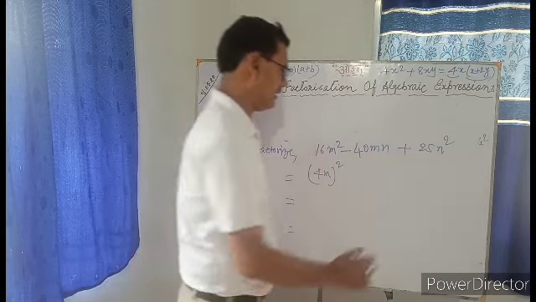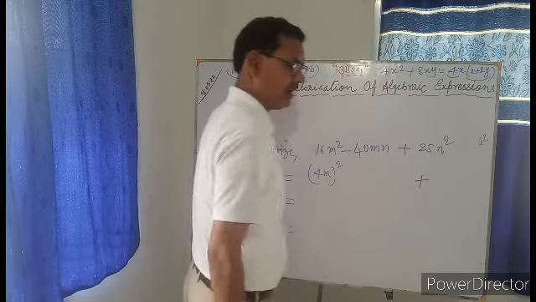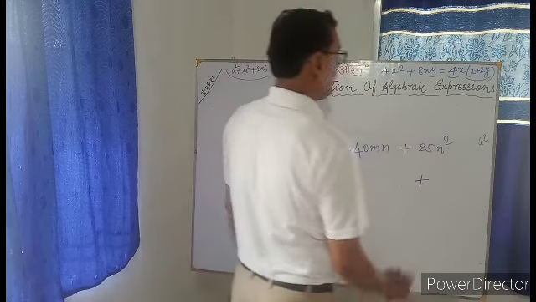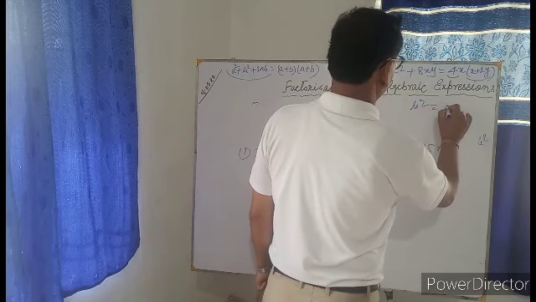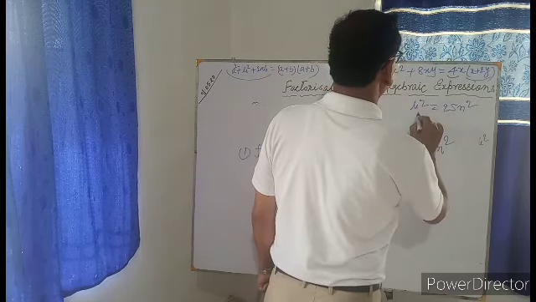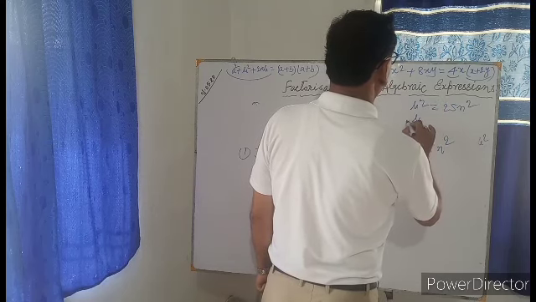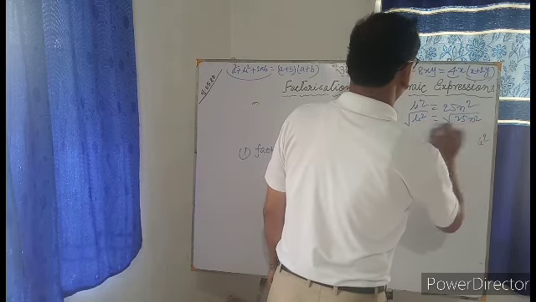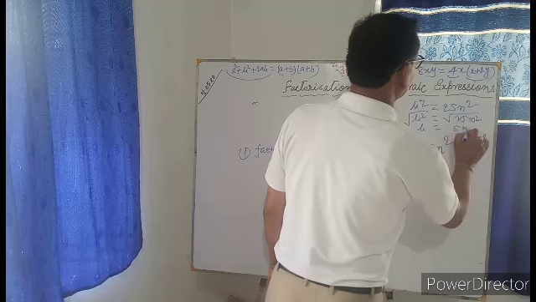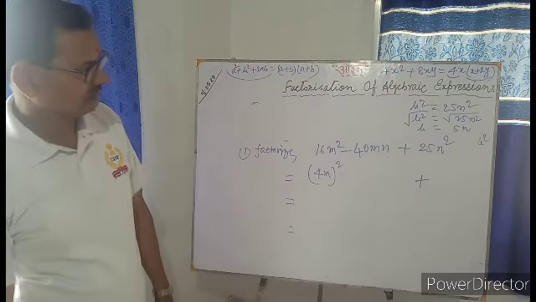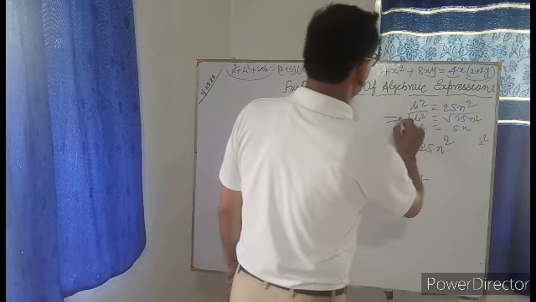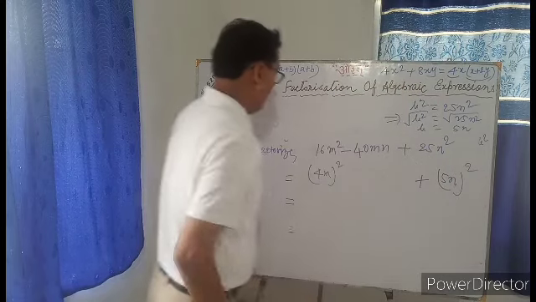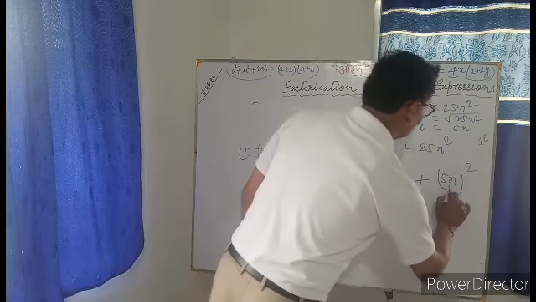So a is equal to 4m. Now here 25n square. b क्या होगा, b square बराबर 25n square. Then b बराबर क्या होगा, देखो b square यहाँ पर 25n square. तो आप लोग जानते हैं कि जब b square होगा तो square root of b square होगा, square root इधर 25n square, ये हो जाएगा b बराबर 5n. Similarly then b will be 5n. Now this is a, this is b.